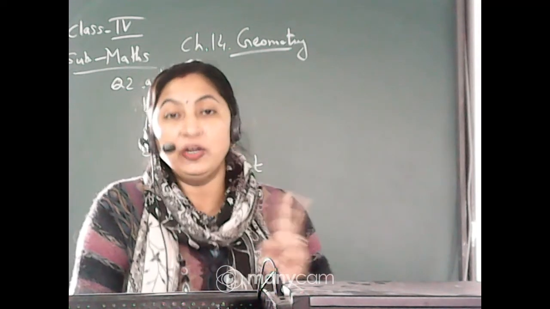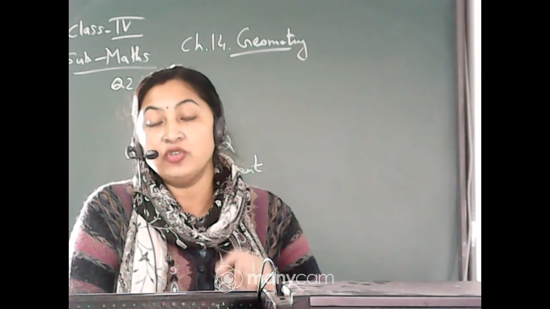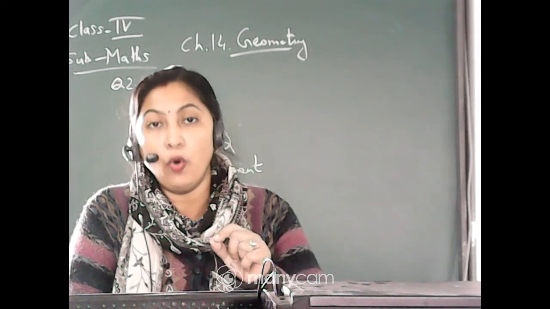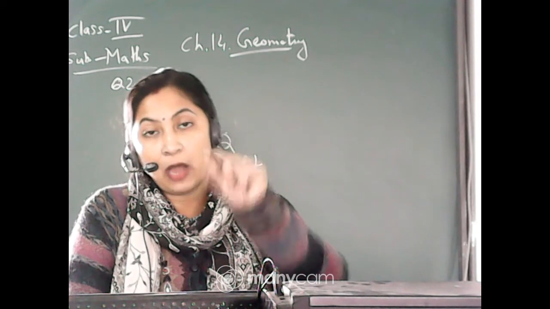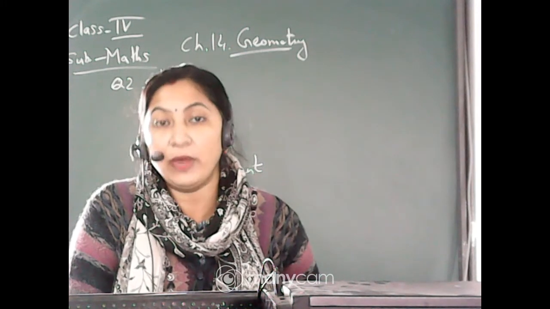Suppose from 1 to 2 on the scale there are small 10 divisions. So if it is told 1.6 centimeter, that means you will draw one whole and then you will count the small division 6. So point it there and then you draw 1.6.